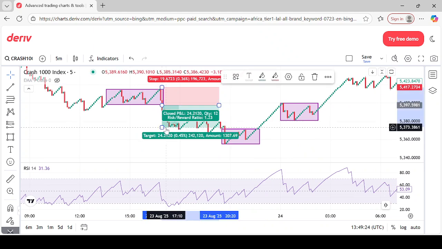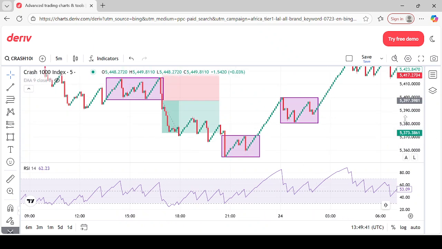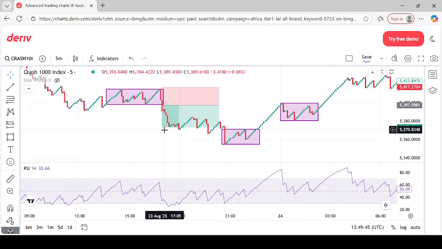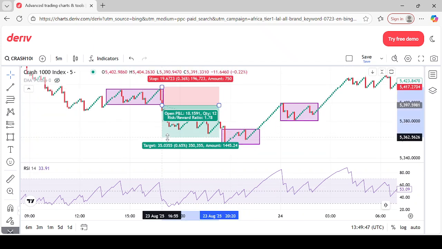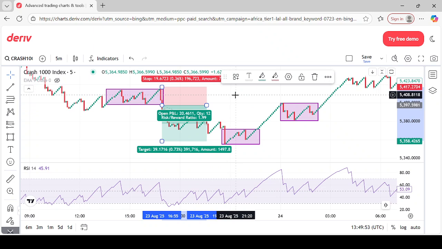Now the fourth step would be to implement the price action strategy by analyzing and studying candlestick patterns. You can use certain candlestick patterns for your boom and crash strategy. If you are not trading on the boom and crash index, you can use this strategy for other forex currency pairs. You can use your hammer, you can use your pin bar to confirm entries before you enter